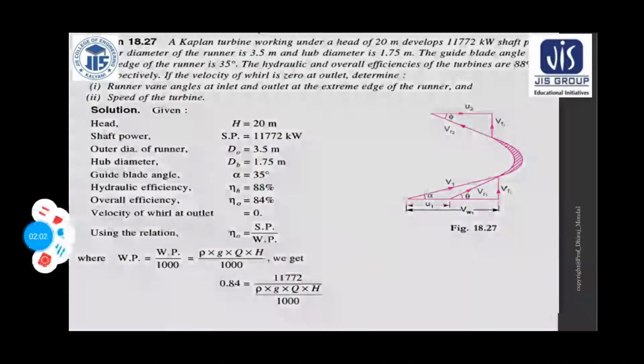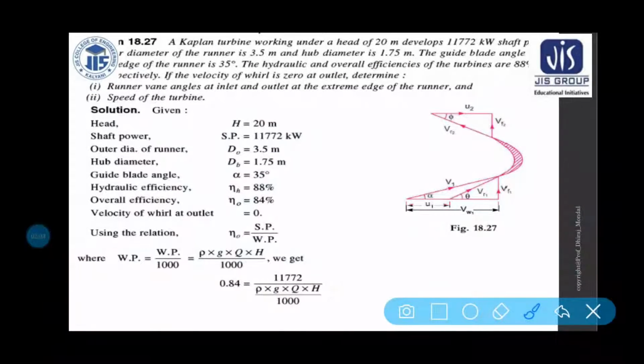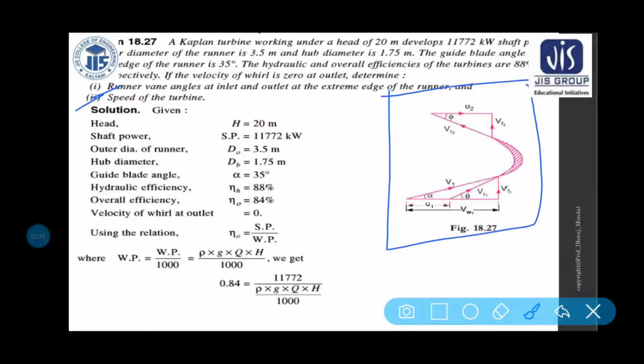So remember, first of all, if you want to find out the speed of the turbine and the runner vane angle, first of all see the velocity angle. After going through the problem, you have to draw the velocity triangle. If you can't understand the velocity triangle, then you are just gone. Go to the previous lecture to see how the velocity triangle is drawn. Go to the impact of jet chapter, because without knowing this velocity triangle you can't solve this problem.